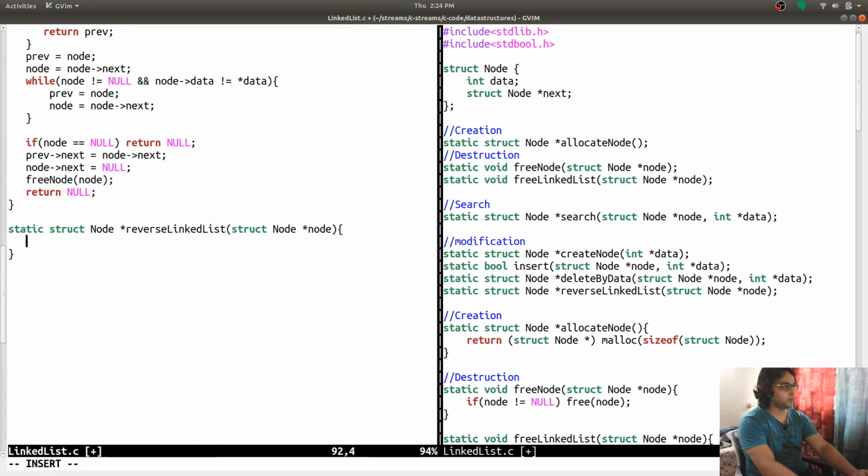And now if node is null, return, it means the same thing.